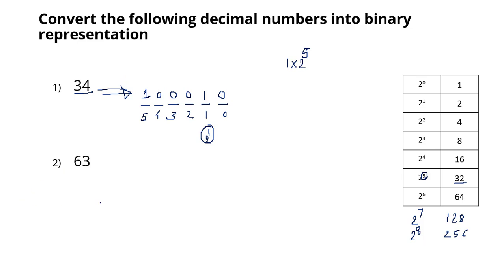Similarly, let's say we want to verify. This is another one: 63. I want to write 63 in binary. How to write it? Now you know, for 63, suppose there are 6 bits, right? If I add a 7th bit here, its position is going to be 6. And when I write 1 here, it gives me 2 raised to 6, that is 64. But I don't want to write 64. I want to write 63. That means this bit is not required.